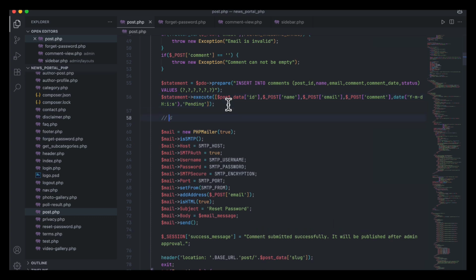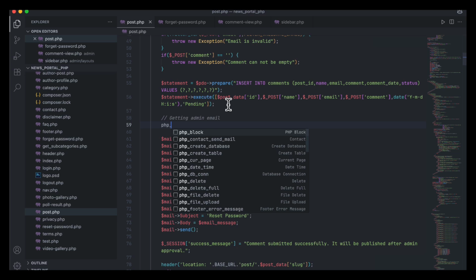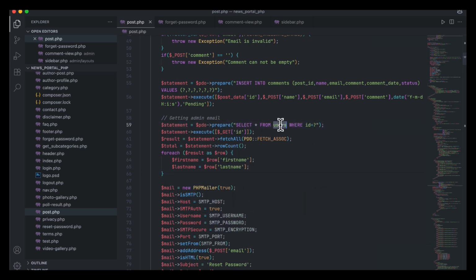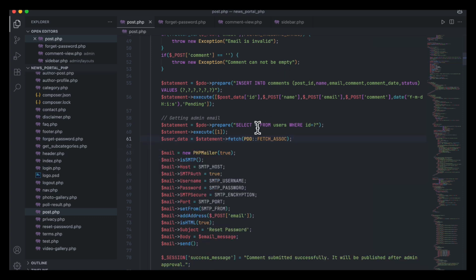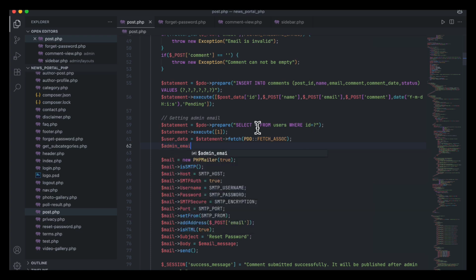So here getting admin email. So PHP select from users where id equal to 1, because the admin email is where id 1. So here is user data equal to, not fetch all, in my case fetch, I remove the other. So admin email equal to user data of email. So in this way I get the admin email, and the email will be sent here to the admin email,